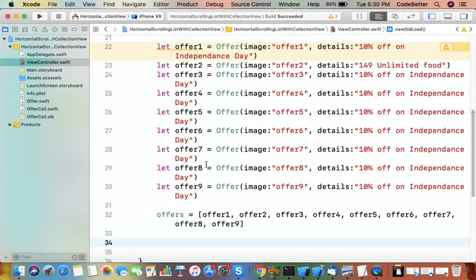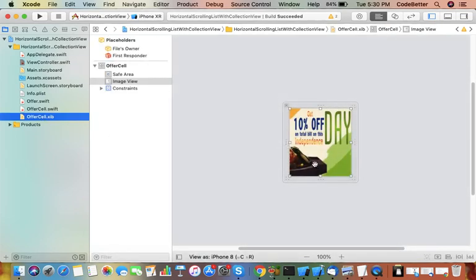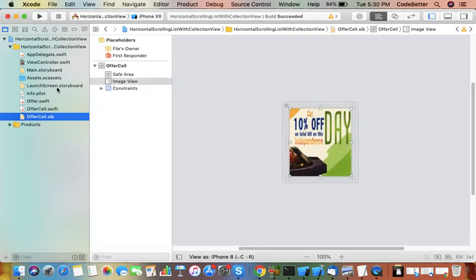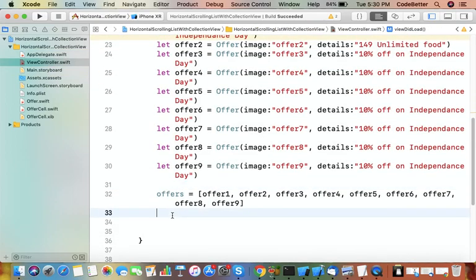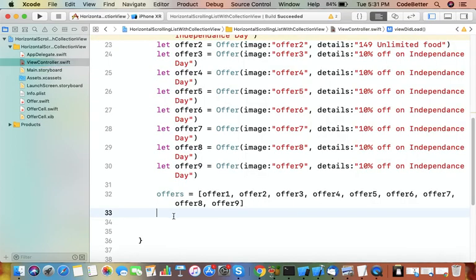So to display this data about the offer and offer details, we need to create 9 objects of this cell class. So how to decide that we need 9 objects of this cell class, and we want to put all these 9 objects in the scrollable collection view. So what we do is, first of all, we load the UI of our offer cell XIB. To load the UI of offer cell XIB,